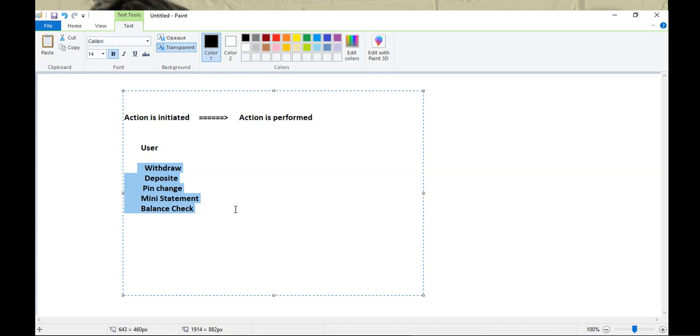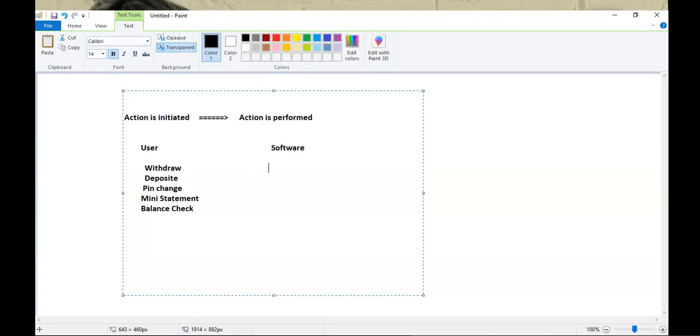So as I told you, all these are events. So withdraw is the event, deposit is the event, pin change is the event, mini statement is the event, balance check is the event. So to handle all these activities, inside a software, already code is present. Already somebody has written code for this.